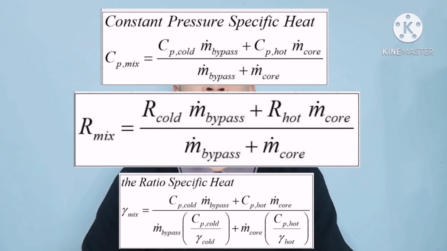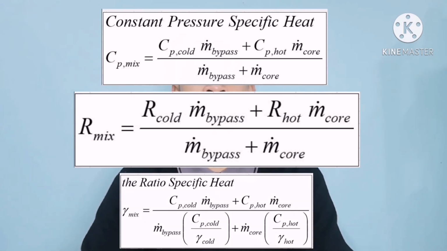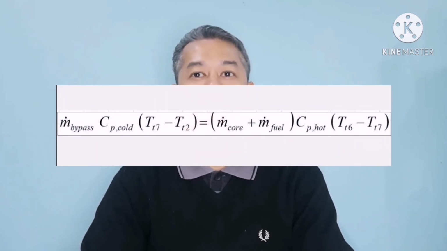The subscript mix represents the properties of the mixed streams. All these values can be determined by the following relation. Besides, the mixing process is adiabatic. Therefore, applying the conservation of energy will give that the work